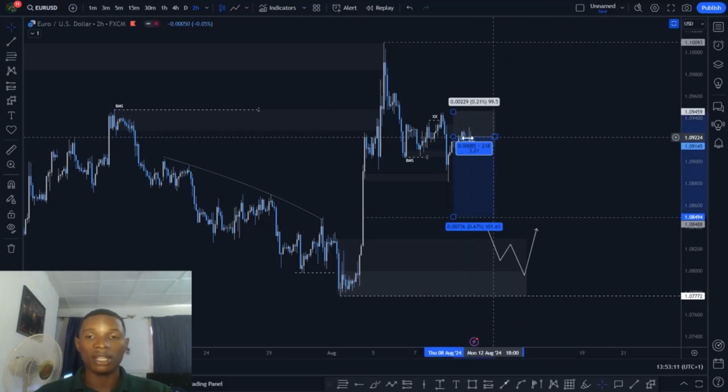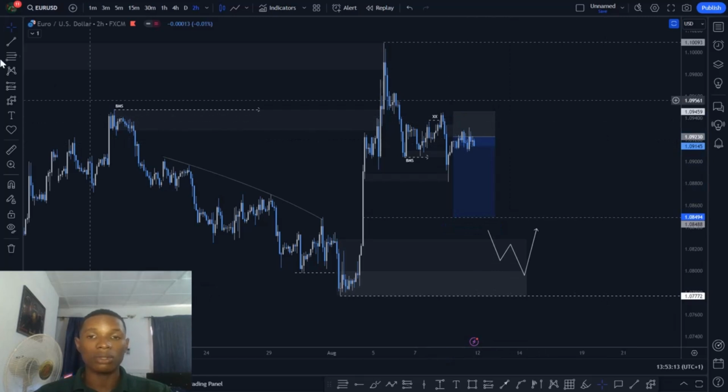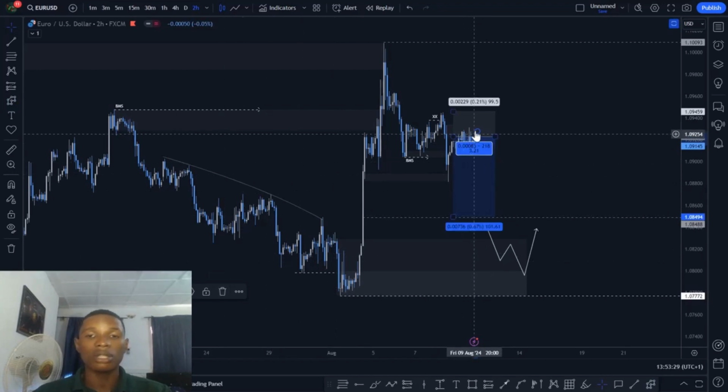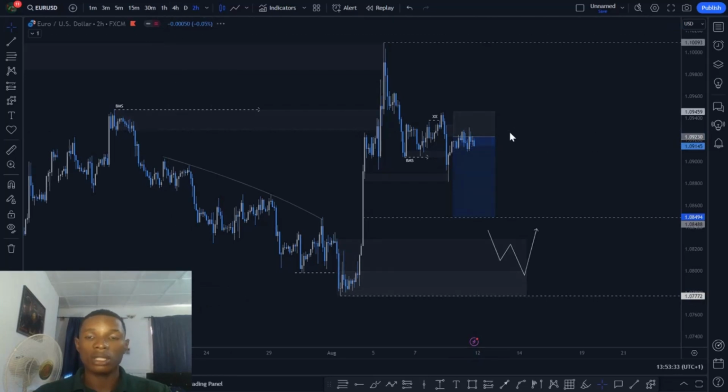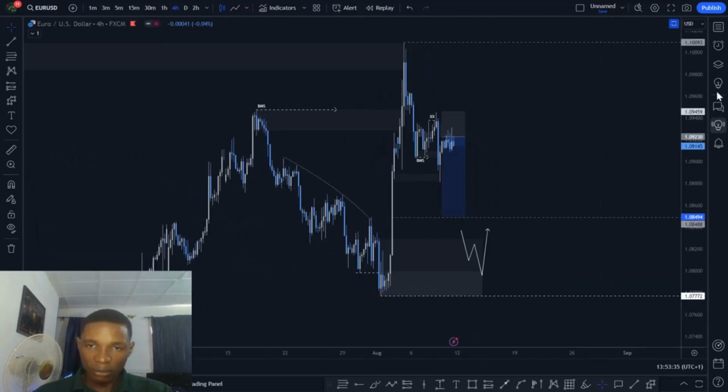If you are interested, you can also participate in this sell, because hopefully if the market opens and we see a little pullback right here, probably some little consolidation, it's another opportunity for us to take in the sell, right? And it's a perfect entry as well, so it's not like a late entry. So if you are interested, you can participate in the sell, or you can wait for the overall bias,